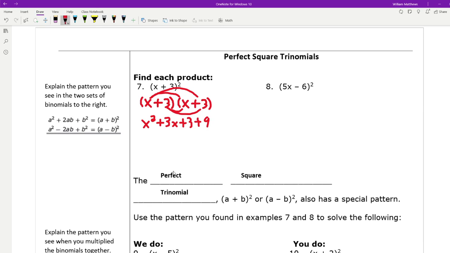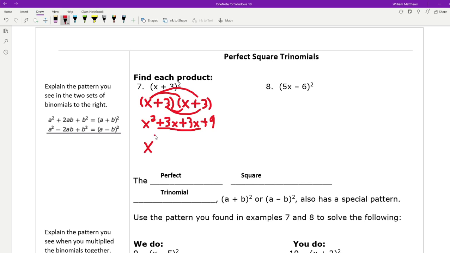If you notice, our first portion is still squared, our a squared, and our last portion is still our b squared, our second number squared. Oh, I did not write this completed. 3 times x is 3x, and then we have plus 9. So I was saying the first and last portions are still squared, but now I have this piece in the middle. When I combine my like terms here,